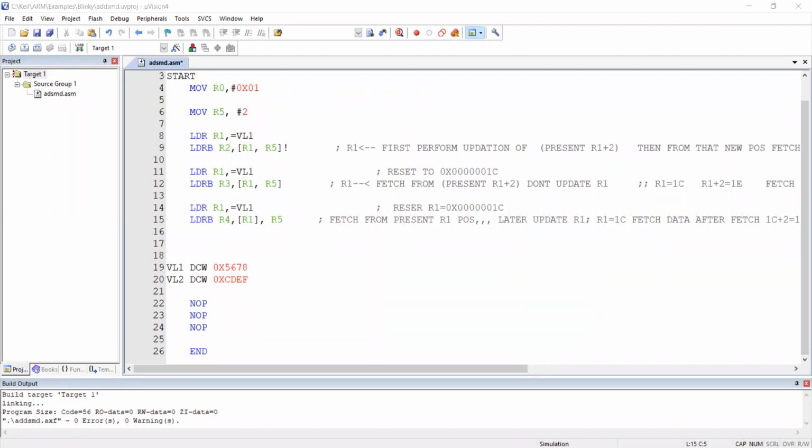The present R1 location plus, sorry, here I should do it like this: R1 plus R5 location. So what is the answer expected? Now go on giving the answer in the chat box, do it fast.